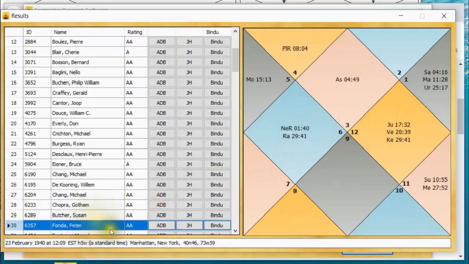Peter Fonda's there too. Acting is also one of the arts. Peter Fonda, what's he got? Jupiter and Venus, both in Pisces in the 10th. Thus far, this has proven itself out very nicely for people with Hamsa and Malavya being sort of